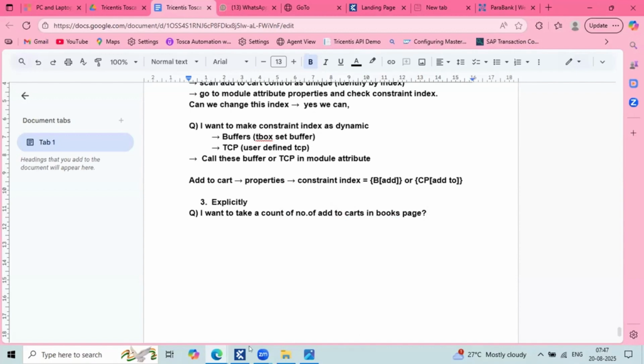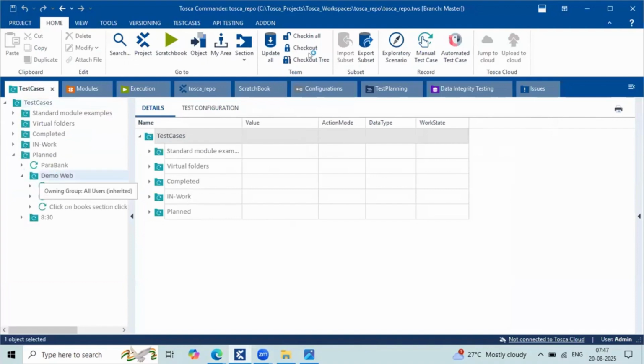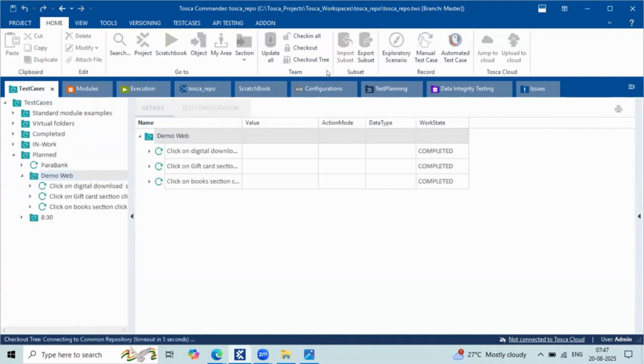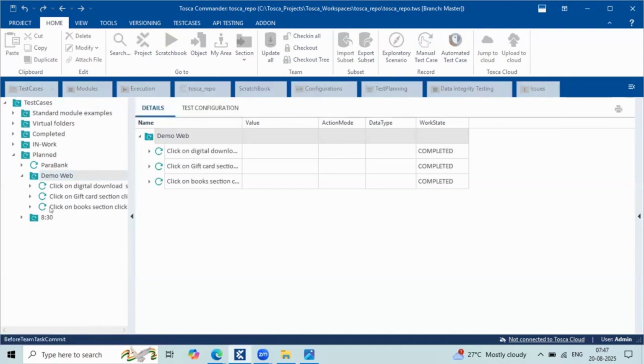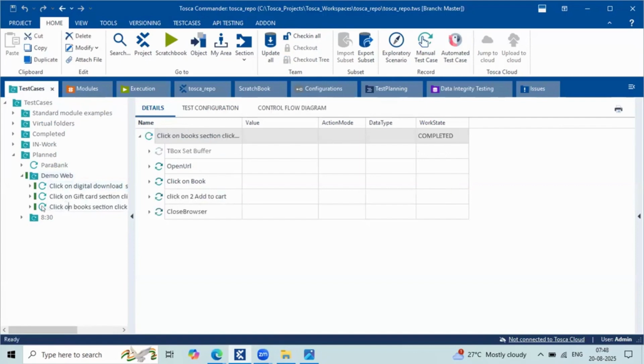Okay. Let me open the same script of the scenario we just automated yesterday. This one only, right? I'm just doing checkout, so I just want to access all these things in a single shot. That is the reason I hit checkout. So books one level, right? Okay, this is the books. In the books test case, I just want to take a count of the add to cart. If I want to take a count of the add to cart, again I have to navigate to the add to cart page, right?